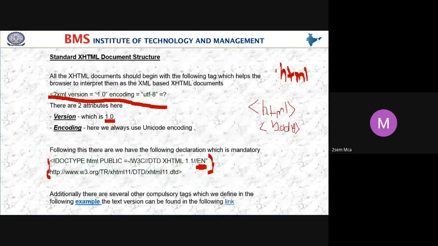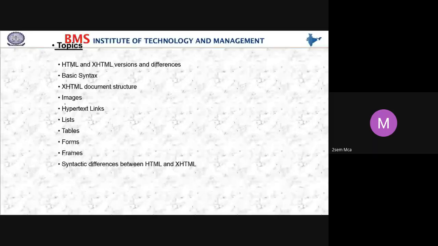Yes, students, as I discussed, in XHTML and in HTML we have some basic tags. When we say a tag, we have to write it within angle brackets only.